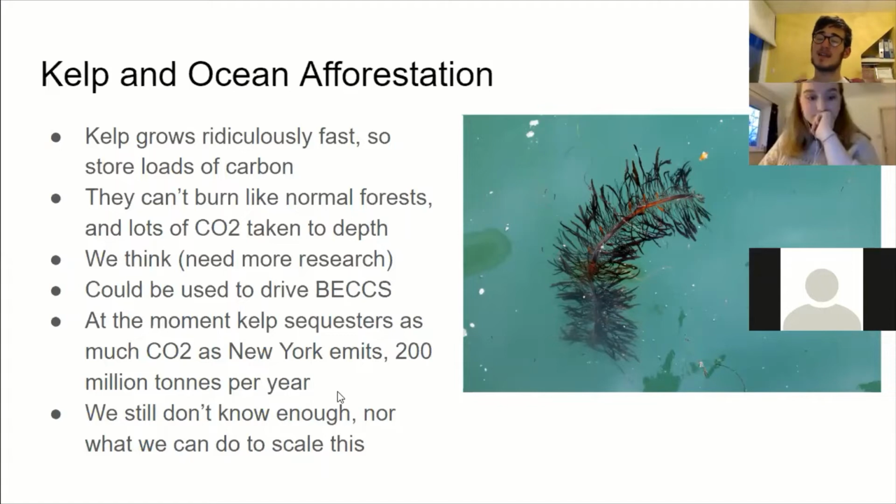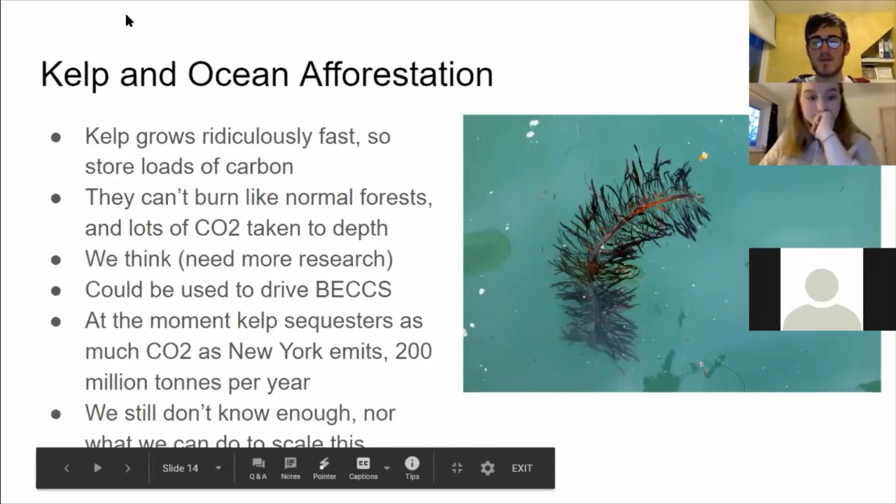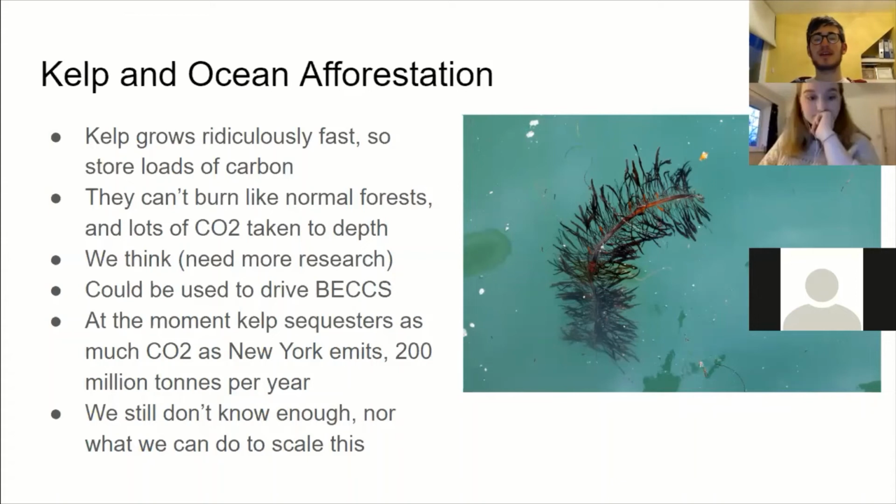So again, like I said, the moonshot. Keep in mind, just because something might not seem feasible at the moment doesn't mean that with enough public support and research, we can't achieve it. So now there's another idea to really enhance this. It's called ocean afforestation. This is quite technical. It's also only really based off one paper, so it might not really work, and it needs way more testing.